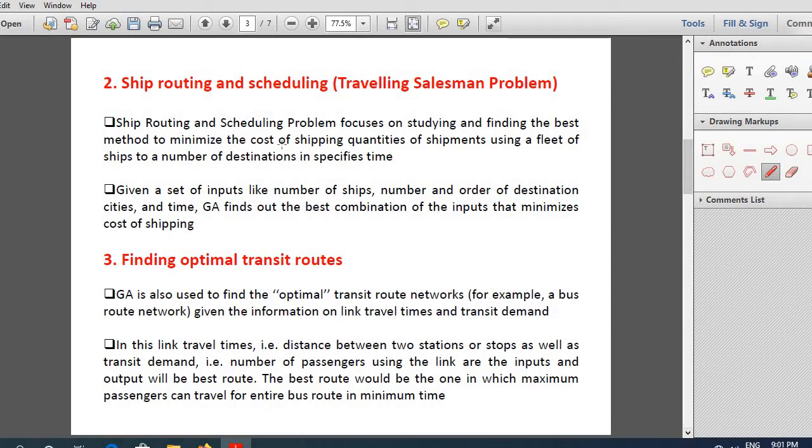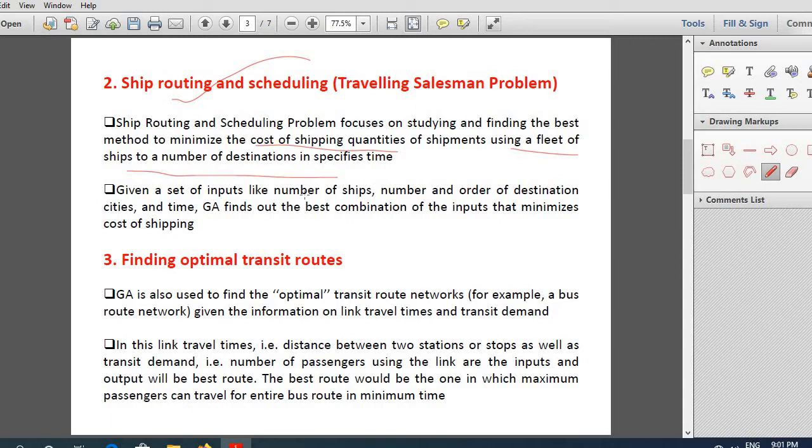Next application of GA is in ship routing and scheduling. The main problem here is finding the best method to minimize the cost of shipping quantities using a fleet of ships to a number of destinations in specified time. What is the meaning of that?